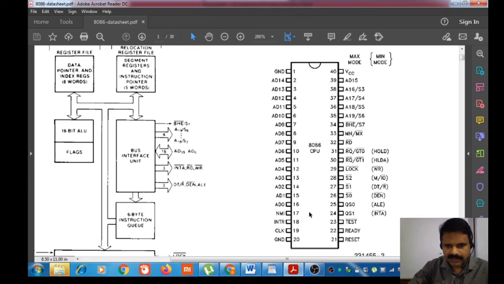We can categorize these interrupts into two: maskable and non-maskable. The interrupts coming through the NMI line are non-maskable, and it is used to serve emergencies like memory failure, etc. We can't disable this interrupt.